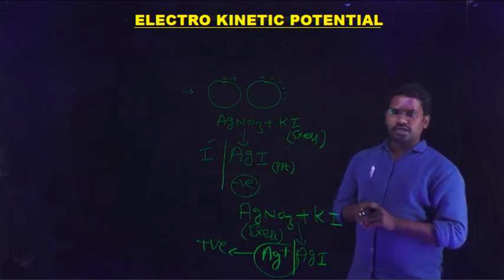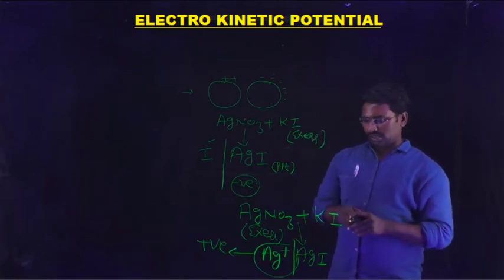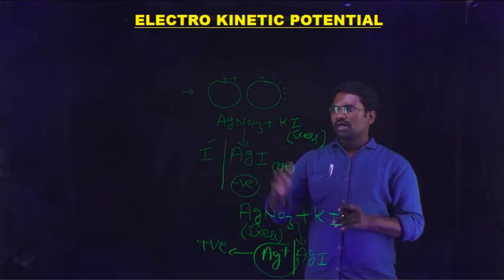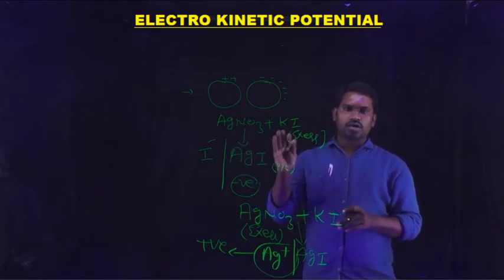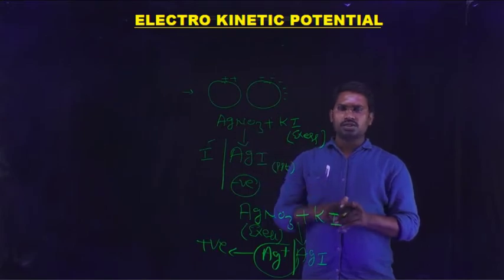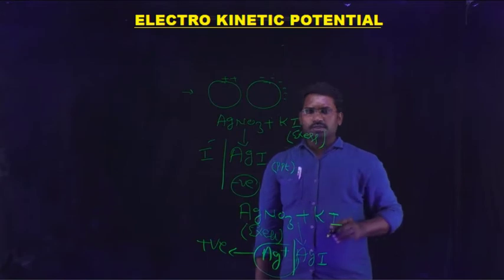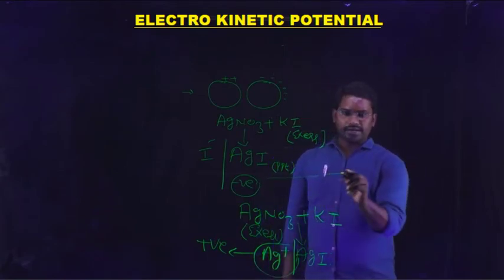Therefore, when an excess of positively charged or negatively charged particles is present, finally the colloidal solution carries either a positive or negative charge. Now these charged particles are ready to attract